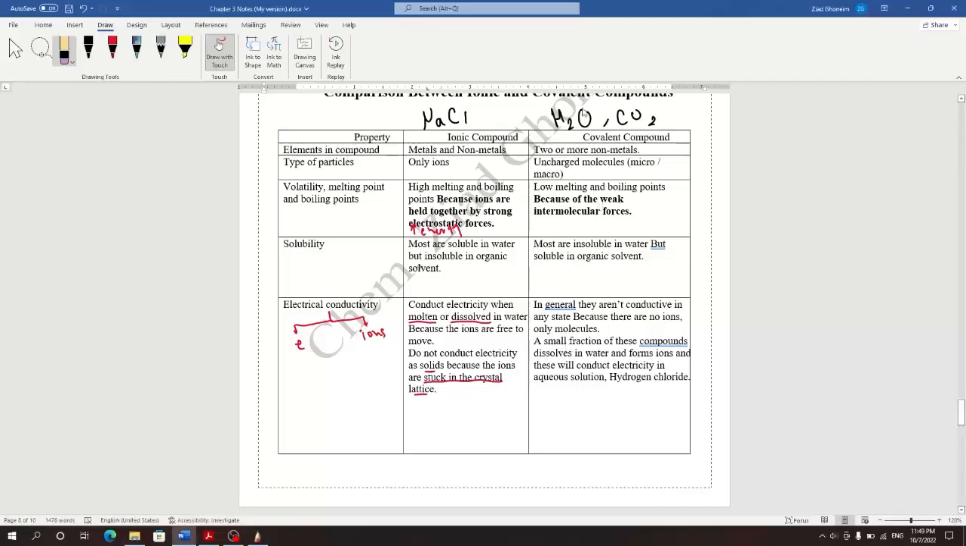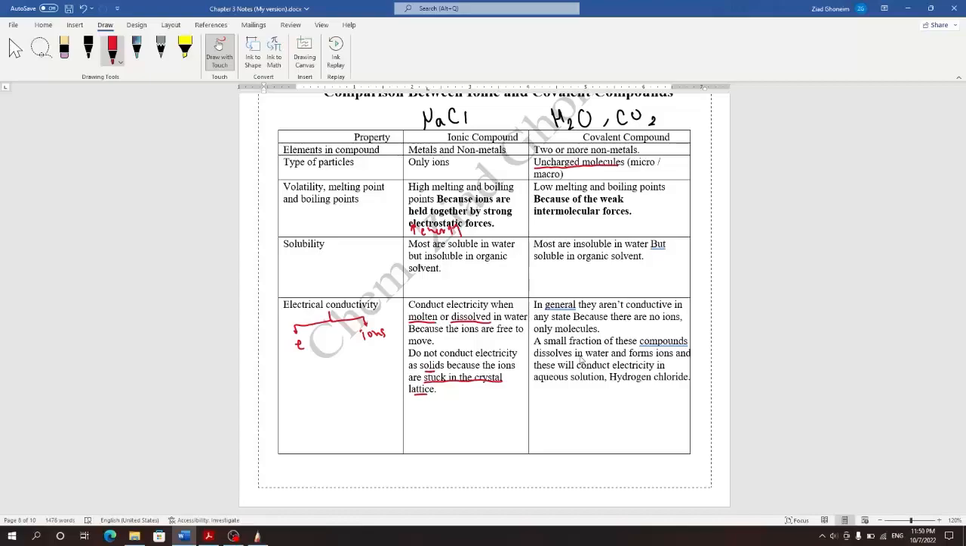That was ionic compounds. Covalent compounds, in general, aren't conductive in any state: solid, liquid, or gas. They just don't conduct electricity. Why? Because we don't have ions or free electrons. We just have molecules, and the molecules, by the way, are uncharged. A small fraction of these compounds dissolve in water and form ions, and these will conduct